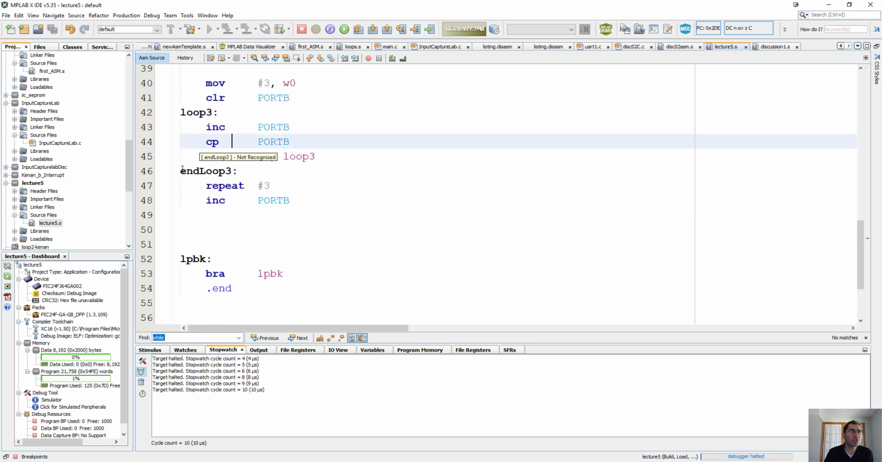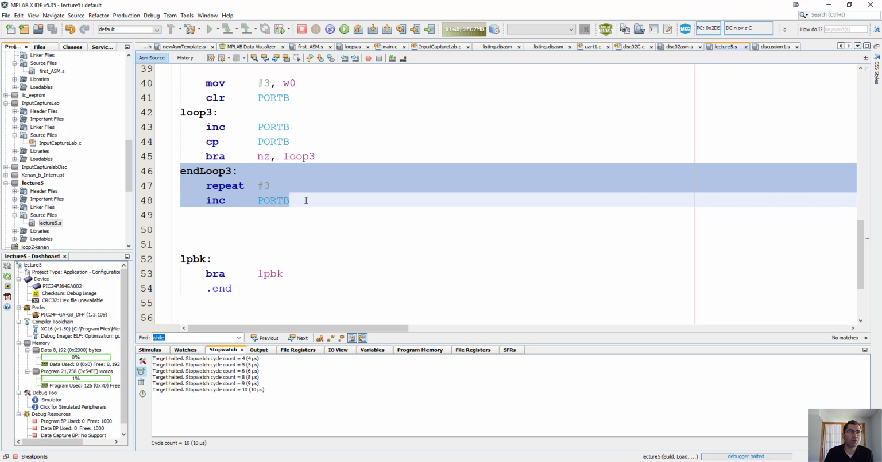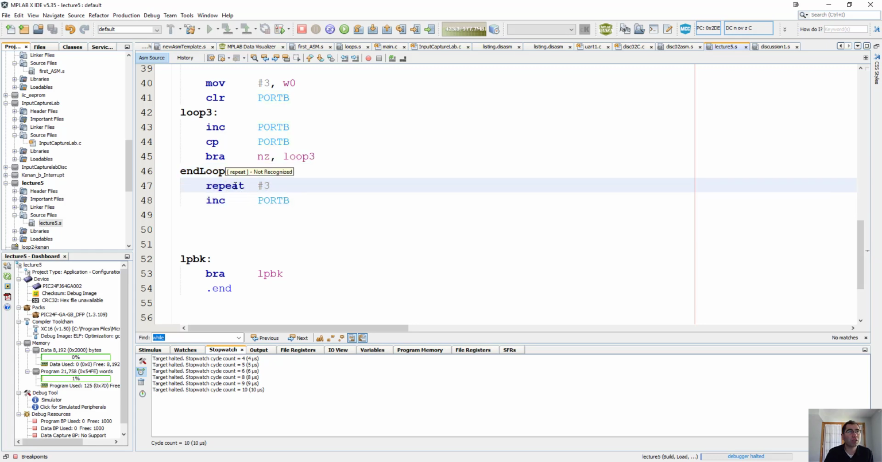The final one, which is a very neat one, and you can maybe use it in the lab too to have a certain amount of delay. It really comes in handy. Repeat instruction. So if we go to the repeat instruction,